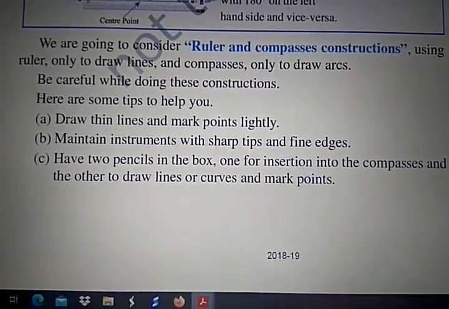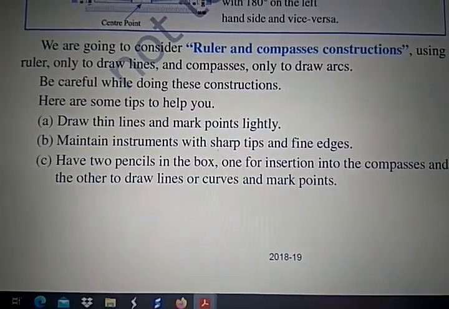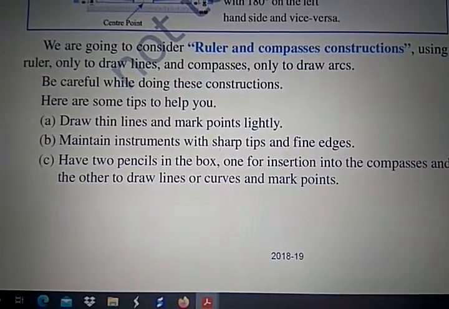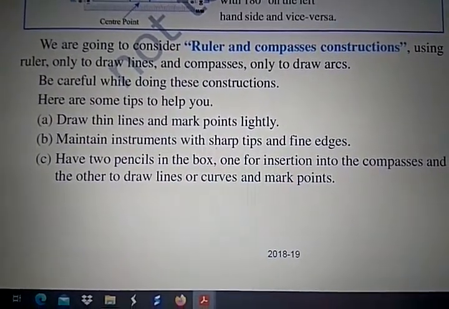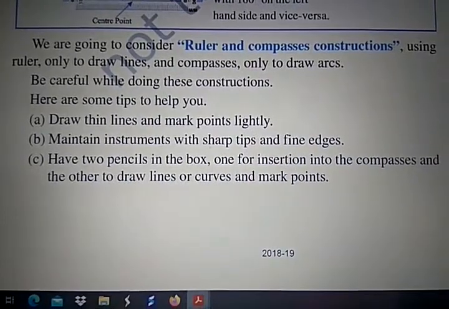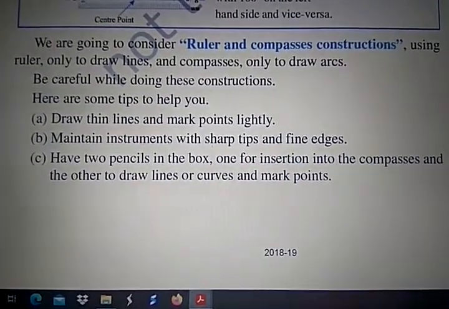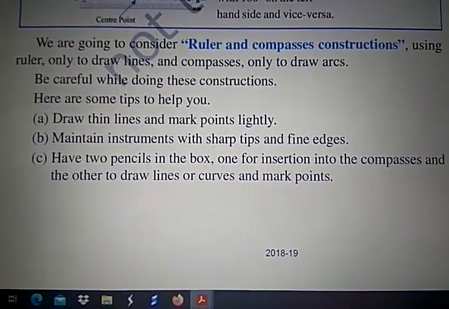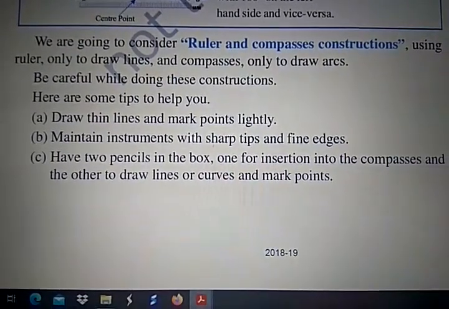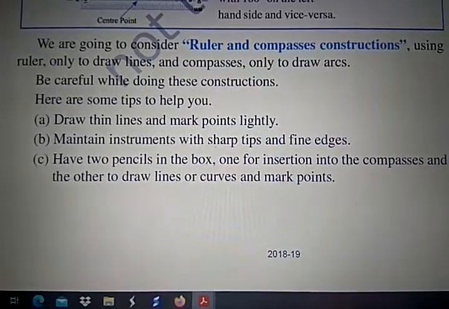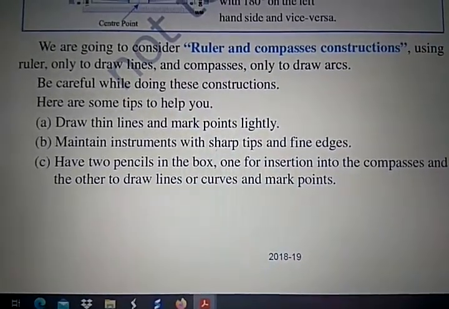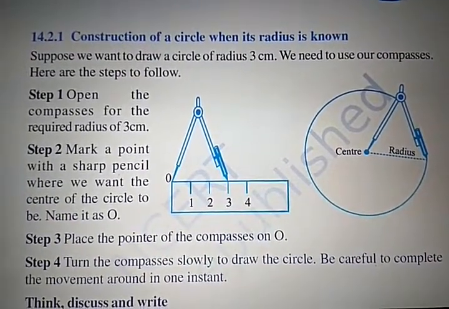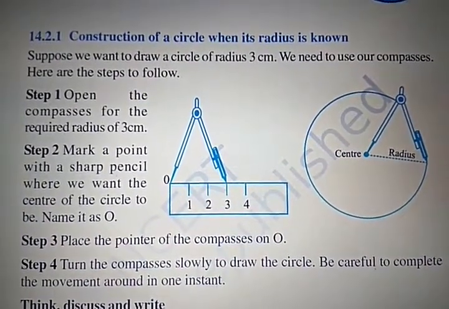What is the difference? Radius means what? Singular form, and radii means what? It is plural, meaning if you want to draw more than one radius, at that time we use that plural form. Like the Hindi example of singular and plural, students, radius becomes radii, R-A-D-I-I. So don't be confused. Now here there are some instructions, that is, construction of a circle when its radius is known, right?